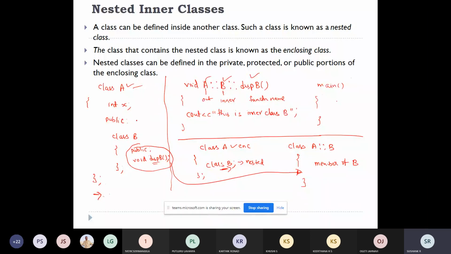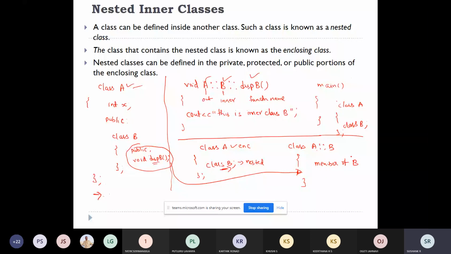Another way of writing the same thing, you can define the class A, and within that class you can just declare class B. After that, if you want to use class B, you can use the notation class A, scope resolution class B, add members of class B. So this is also done here.